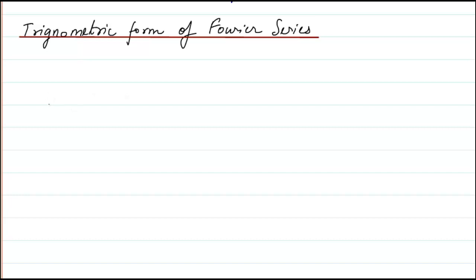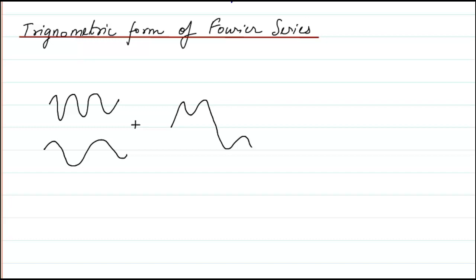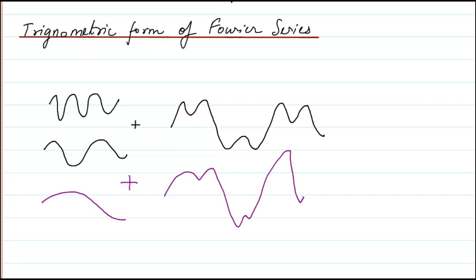What Fourier said was, if you would take two sinusoidal waves of different frequency and add them together, you will get a wave which is periodic but has some different shape. If you add one more wave to that, a third wave of again a different frequency, you will get again a waveform which has a different kind of look, but still it is periodic with the same period. It keeps on repeating itself.